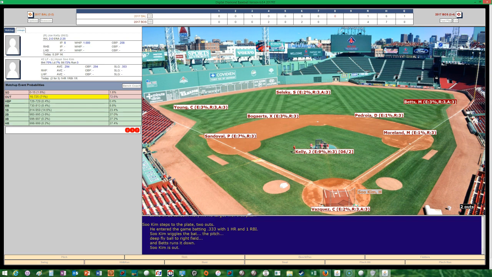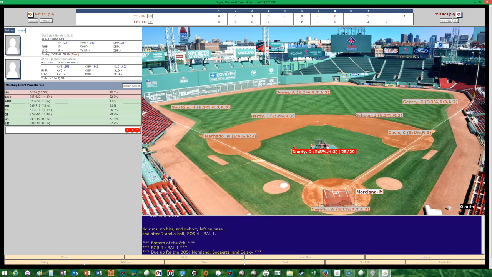And deep fly ball to right. Betts will make the catch, and Kim is out. So the Orioles go 1-2-3 in the 8th. So we head to the bottom of the 8th. Red Sox looking to extend their lead. Looks like